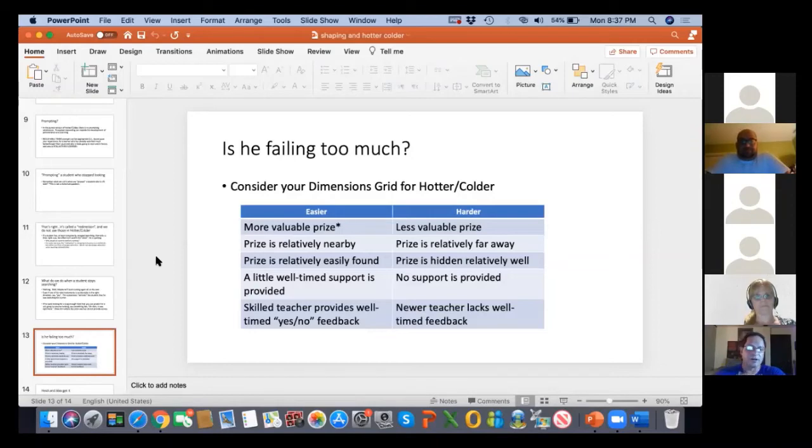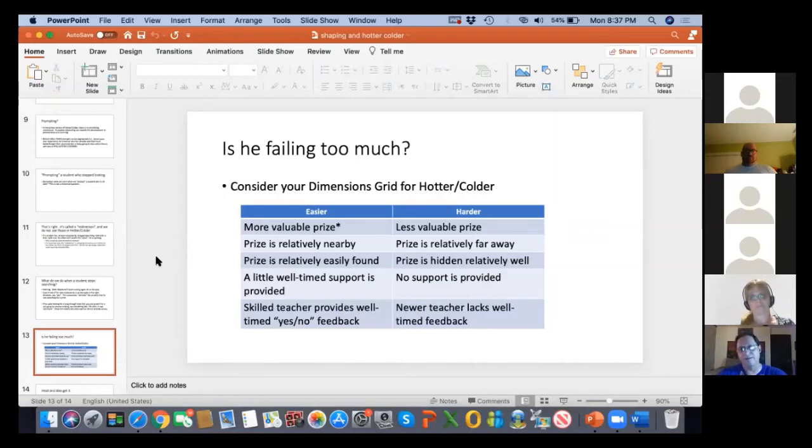I have a good several dozen, at least, dimensions grids in a couple of the books that I've published. What these are broadly is a number of ways that usually hold up that make any kind of challenge relatively easy versus relatively hard. So it's something that as behavior analysts, we can use to help us be more flexible. If we talked it through for a minute and I didn't already have this filled in, we could probably fill this in together.